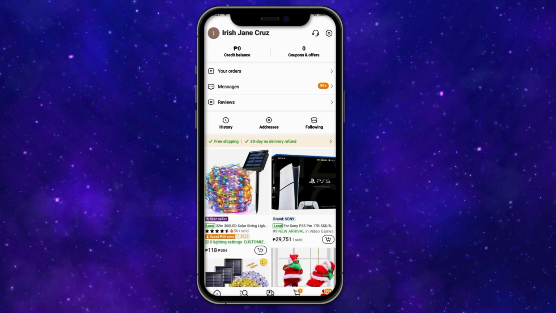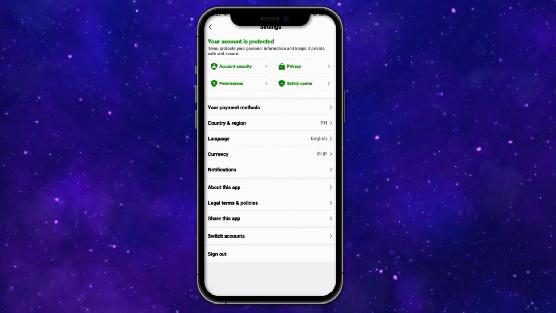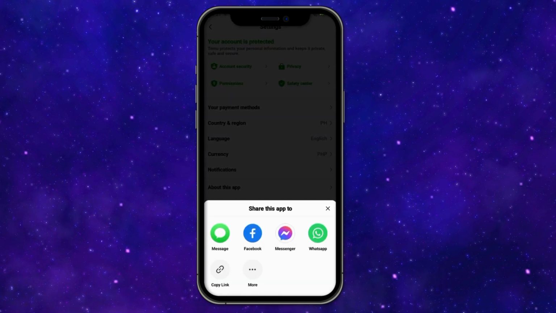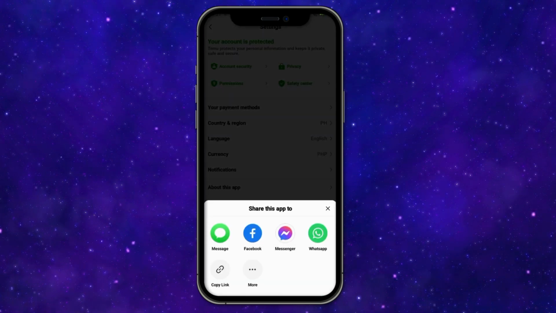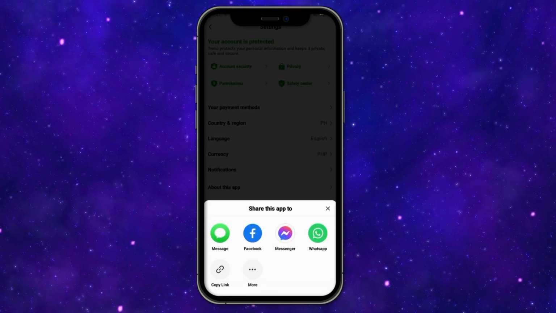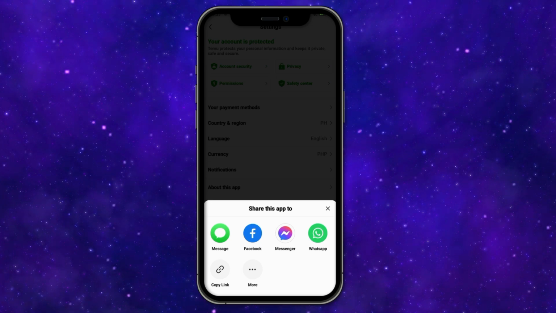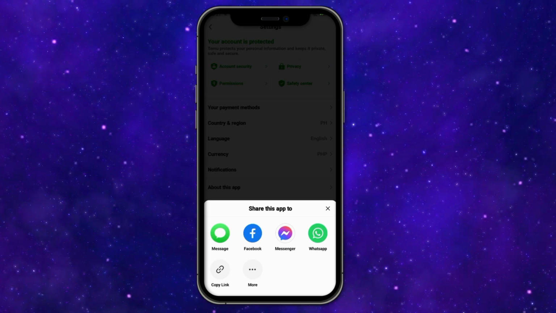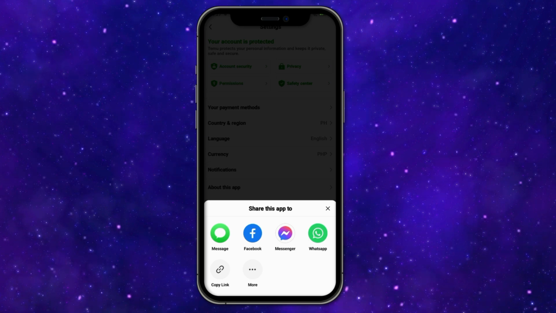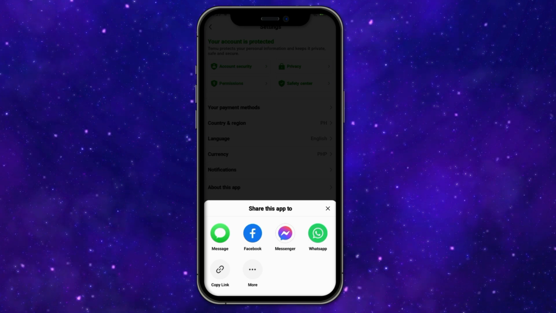So on this page, go ahead and look for the share this app section. So click on this and then click on this copy link. So you'll basically get a unique referral link or code in here. So once you share your link via WhatsApp, Messenger, Instagram, Facebook, TikTok, or SMS, your friends must sign up using